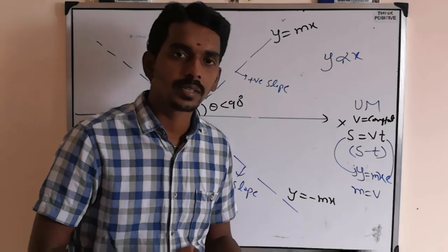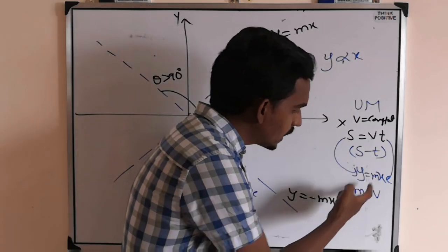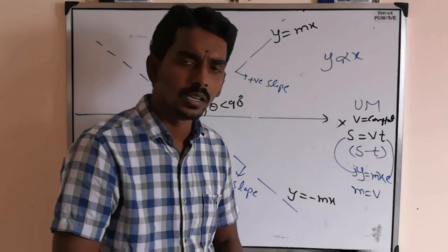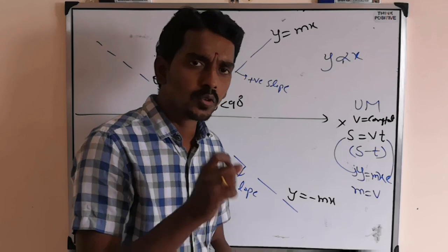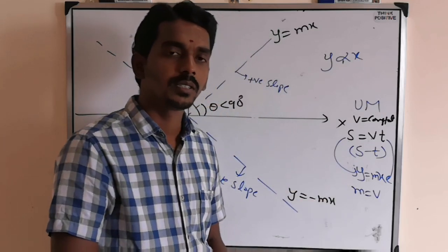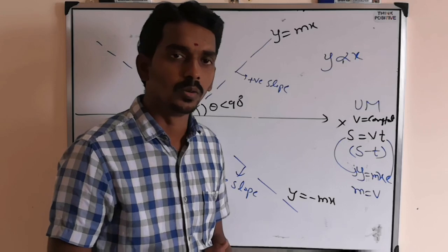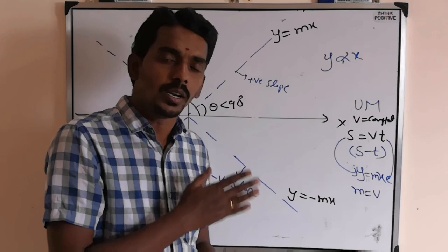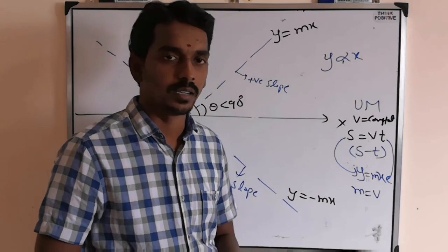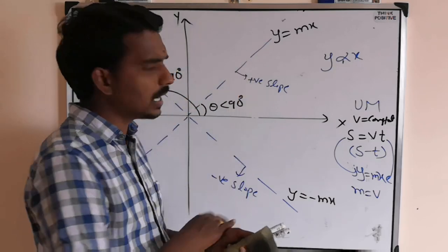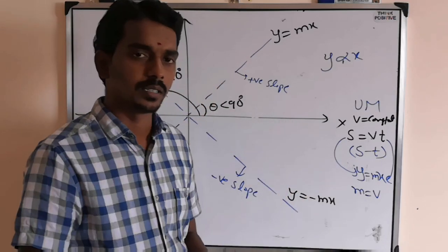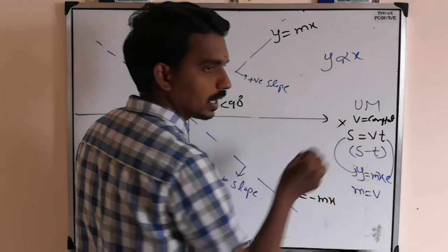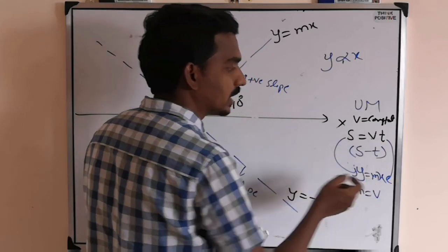But already we have studied the slope of ST graph must be what? Velocity. Satisfying or not? Last class, before that, we have studied slope of ST graph must be equal to velocity. Straight line, average velocity. Curved line, instantaneous velocity. That also we have studied. But here straight line, so average velocity. So here the slope is nothing but velocity. Slope of what? ST graph.